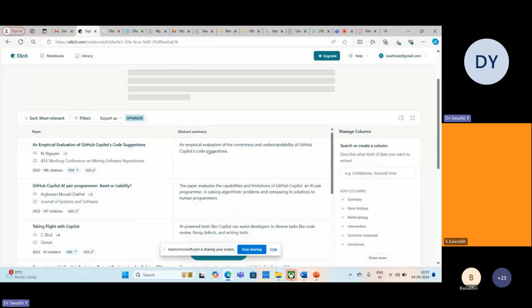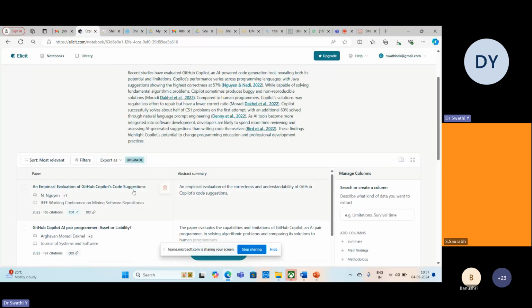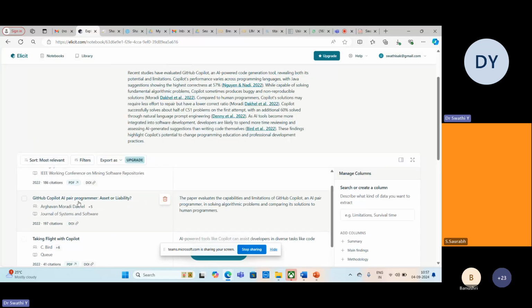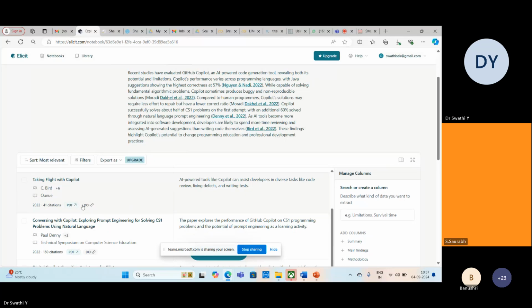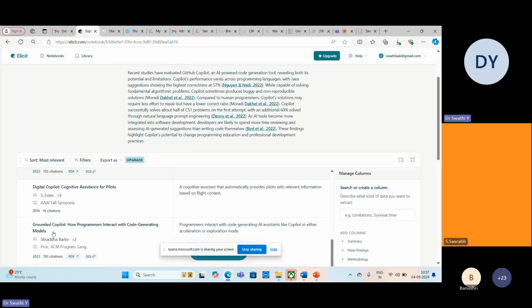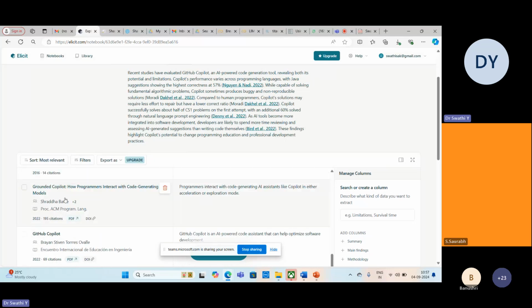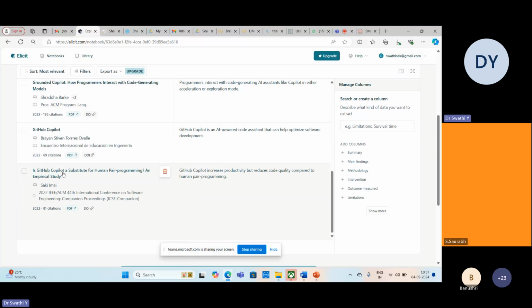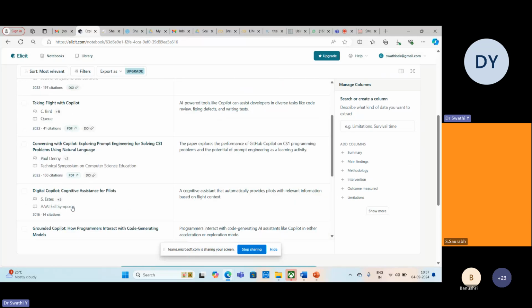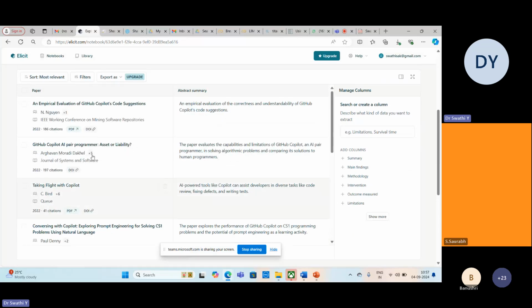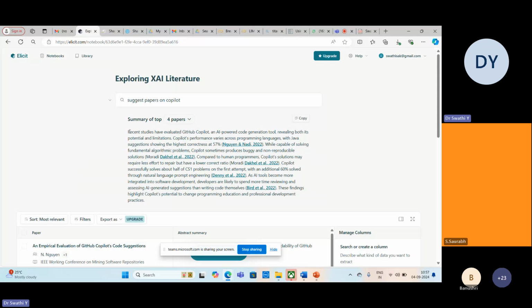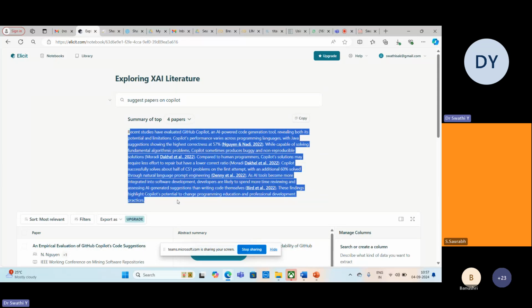You can see here, I've got some papers: empirical evaluation of GitHub Copilot code suggestions, and Copilot AI pair programmer. Some articles also. Wherever Copilot is mentioned, it gives me the GitHub and Copilot results, along with the summary of all these papers.